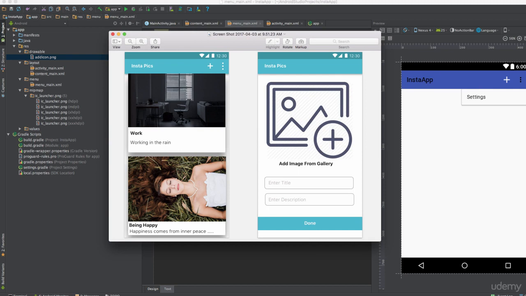But the main thing which we have done in this lecture is that we have added the dependencies, which is the dependency for the card view, for the recycler view, and also we have connected our application to the Firebase database. So in the next lecture, what we will do is that we will go ahead and make this plus icon button functional. So whenever you are going to click this button, it's going to redirect you to this activity, which is going to be the upload activity, which basically allows you to post this kind of content to your